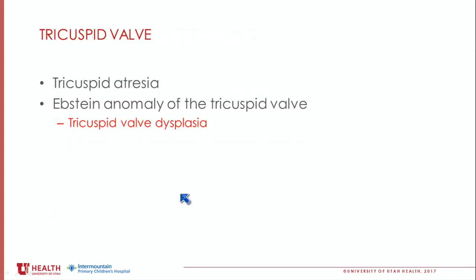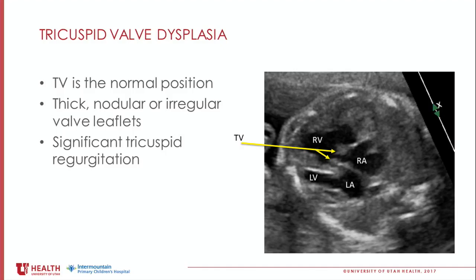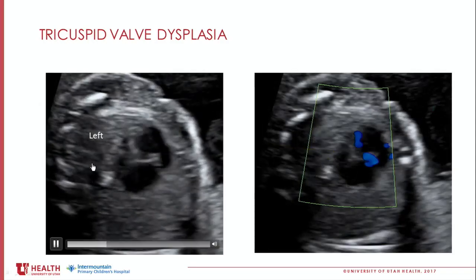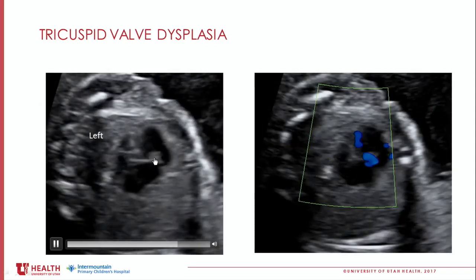So briefly for tricuspid valve dysplasia, I think about it as like a cousin to Ebstein's, and oftentimes it is mistaken between the two. The main difference is that the tricuspid valve is in the normal position, and the leaflets here are typically thick and nodular or irregular, like at the tips, but you still can have significant regurgitation. So this is what that looks like, sort of thickened